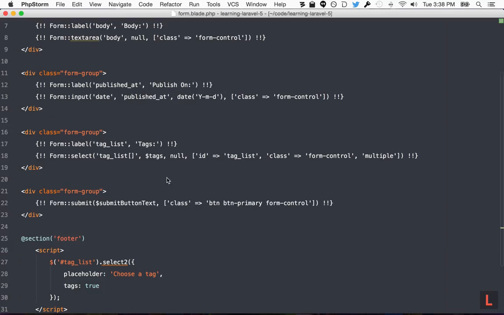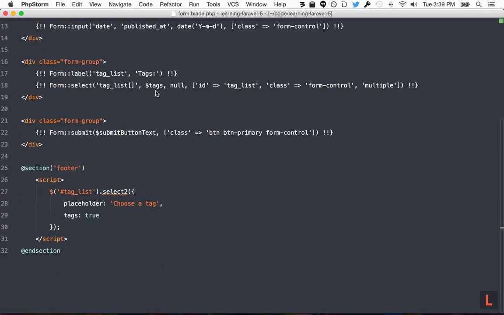Now, while we are here, imagine that you don't actually want to pass in your tags from the controller. Maybe you want to fetch it dynamically. For example, you make an AJAX request to some URI, and that'll fetch some information from the database and return it. That can be useful. So if that's the case,